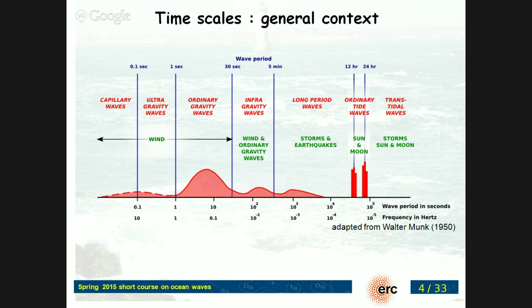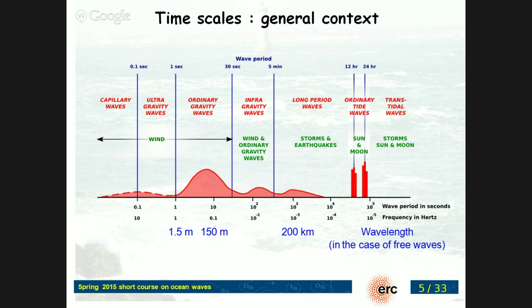That's for the free waves, and then there's the bound waves. So the way we treat the waves in the model, and I'll come into that, we treat them as a superposition of different wave trains, so sums of linear waves, but you can also compute a second-order correction that goes with that. And this is actually also included in WaveWatch. You can post-process the model to compute the second-order spectrum, and this will be the bound wave part of the infragravity waves. But we can discuss that later.